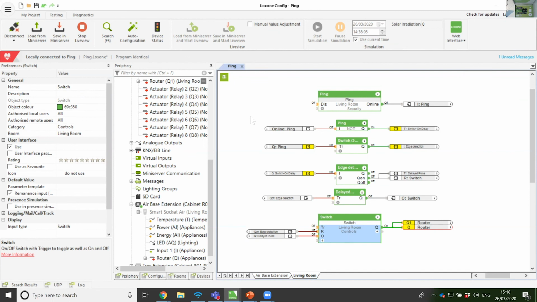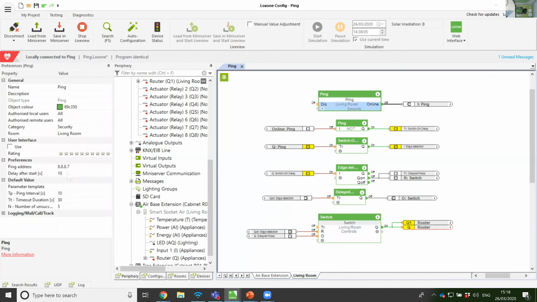And we could use this, as I said, for anything that we can ping. I could use it for the router itself. So rather than having to look for an external address, I could look to see whether the router's online. It could be for a server, just about anything I want. Excellent. If I now stop that live view,